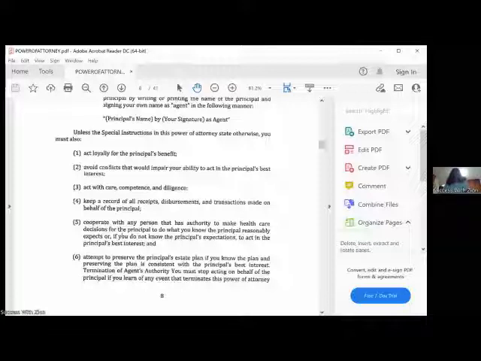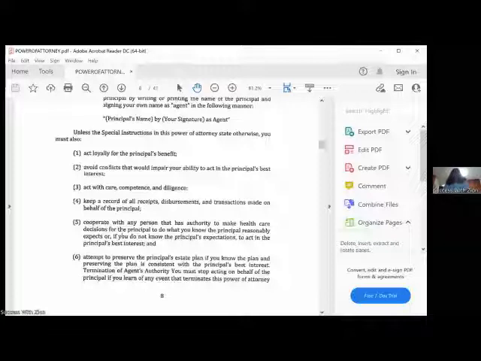So agent's duties: when you accept the authority granted under this power of attorney, a special legal relationship is created between you and the principal. This relationship imposes upon you legal duties that continue until you resign or the power of attorney is terminated. You must do what you know the principal reasonably expects you to do with the principal's property. Act in good faith. Do nothing beyond the authority granted. Disclose your identity as an agent whenever you act for the principal. Unless special instructions in this power of attorney state otherwise, you must also act loyally for the principal's benefit.